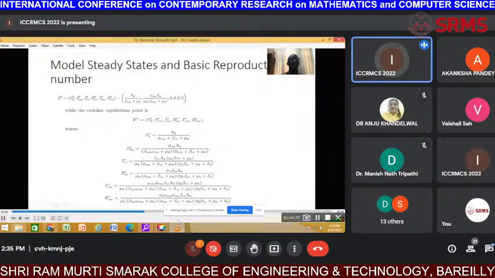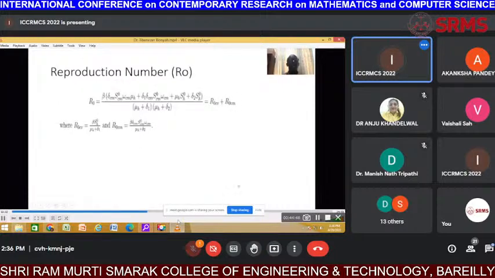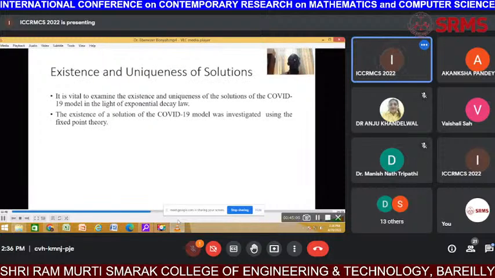So then we look at what we call the statistics. So this is the disease-free equilibrium. This is the endemic equilibrium solution that is obtained. Then this is the reproductive number. This is telling you how many people an infected person can infect in the population. I have to calculate that because it is a very important threshold in disease modeling, which I did.